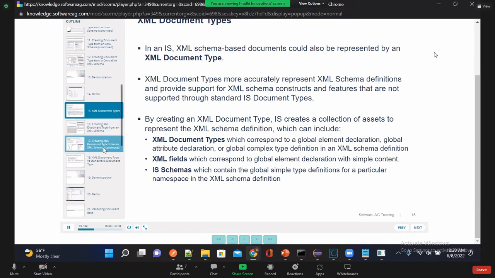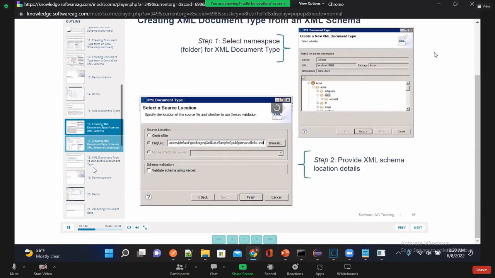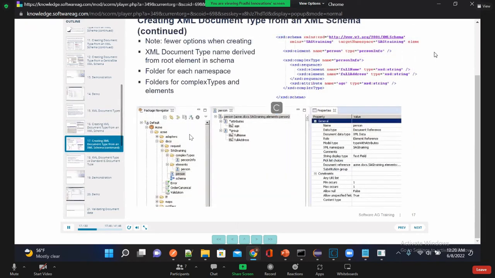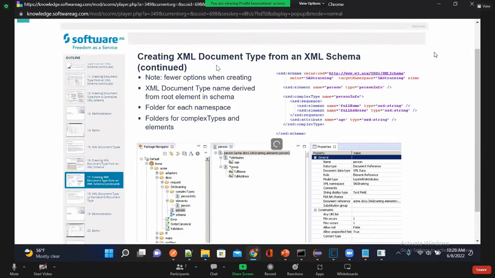Okay, basically when creating an XML document from an XML schema, what will happen is the XML document type name is derived from the root element in the schema. Okay, a folder for each namespace. If you have namespaces, it creates a folder for complex types and elements. Okay, so here